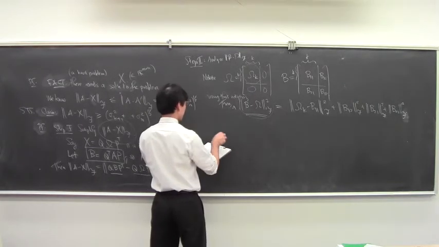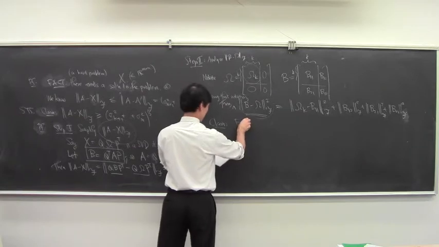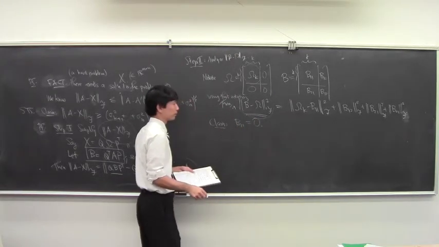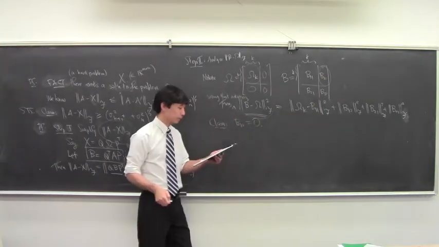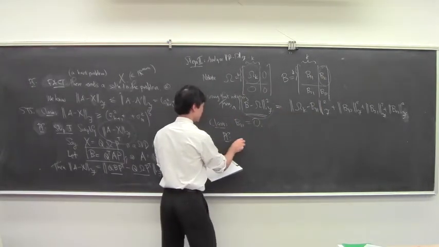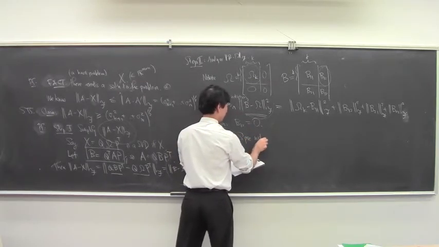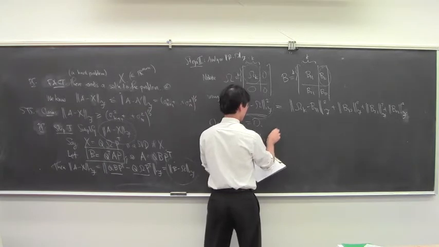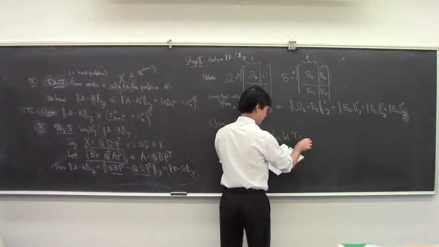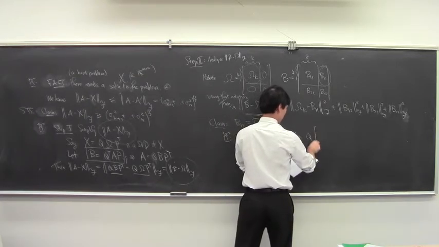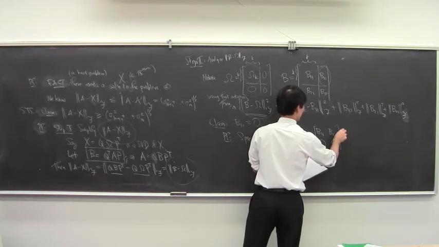So here's the first claim, that B12 actually is the 0 matrix. That this piece here has to be the 0 matrix. And the proof is by contradiction. Suppose not. In that case, if you take the matrix Y equals Q times B11, B12, 0, 0, times P transpose,